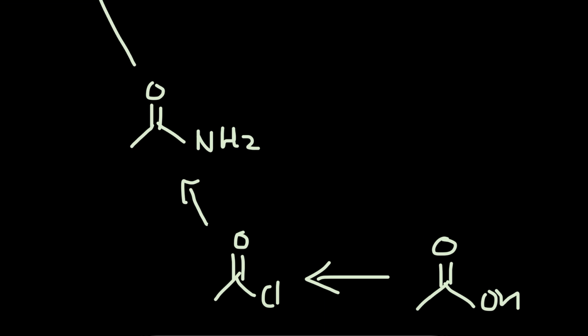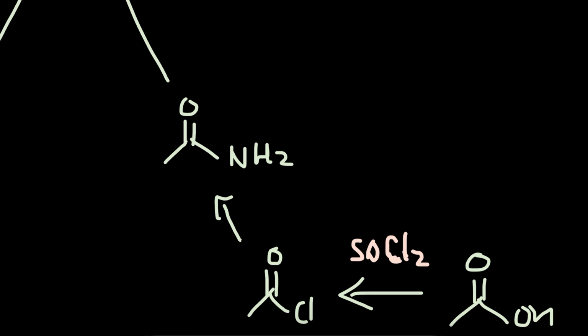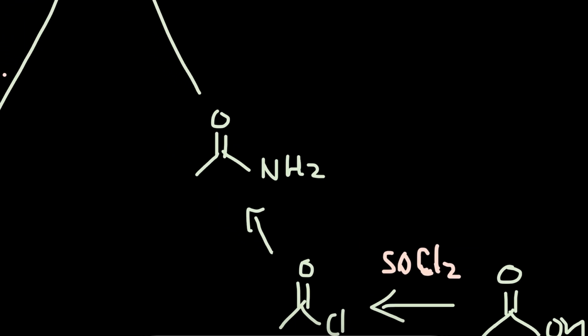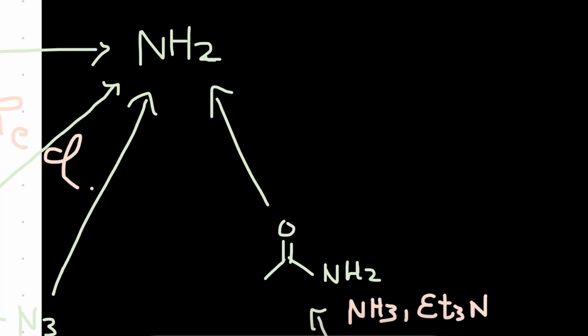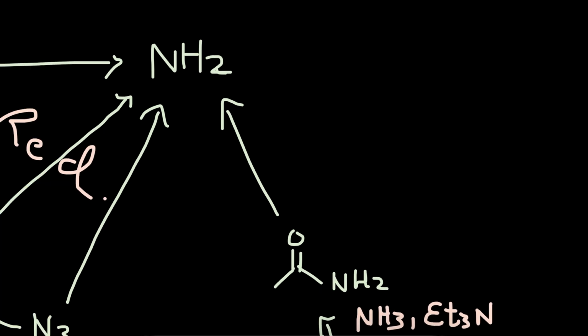And to make this work, we use SOCl2. And to turn this into an amide, we use nucleophilic substitution. It doesn't have to be NH3, it could be an alkyl group as well, and we use some sort of solvent. And to convert amide into amine,